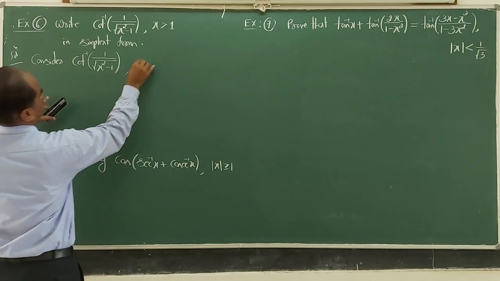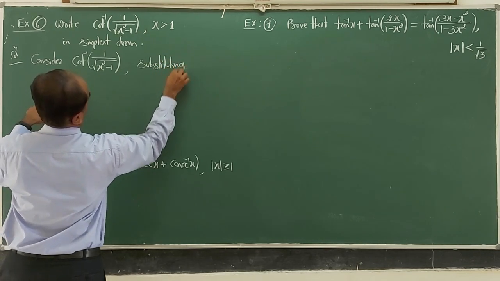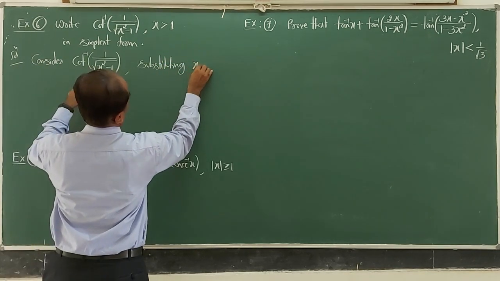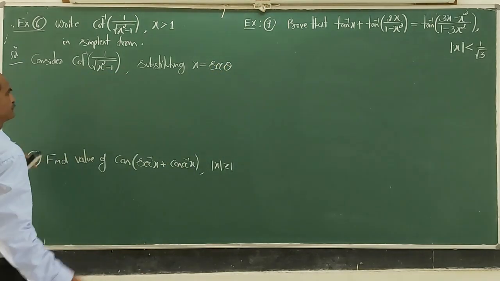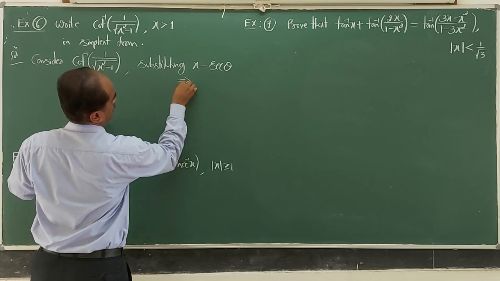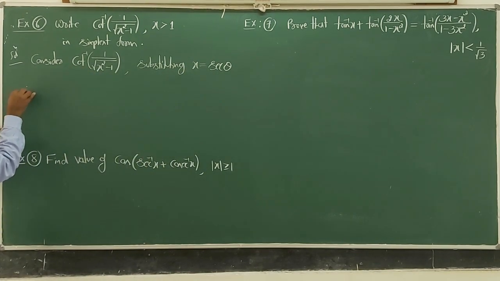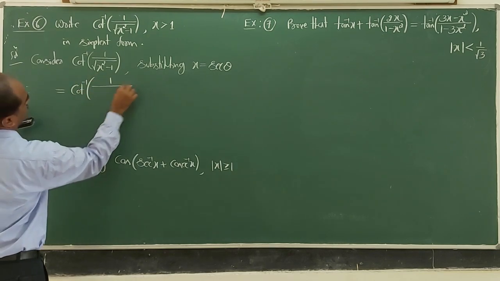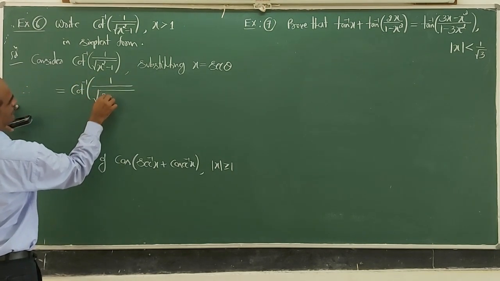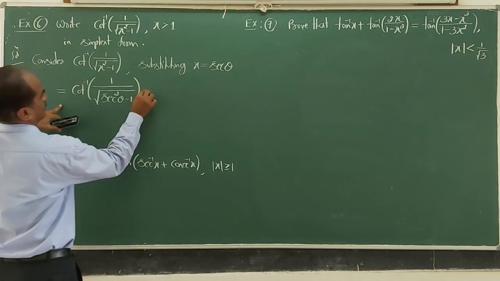I will go for substituting x equal to secant theta, so that it is equal to cot inverse of 1 divided by root of secant square theta minus 1,